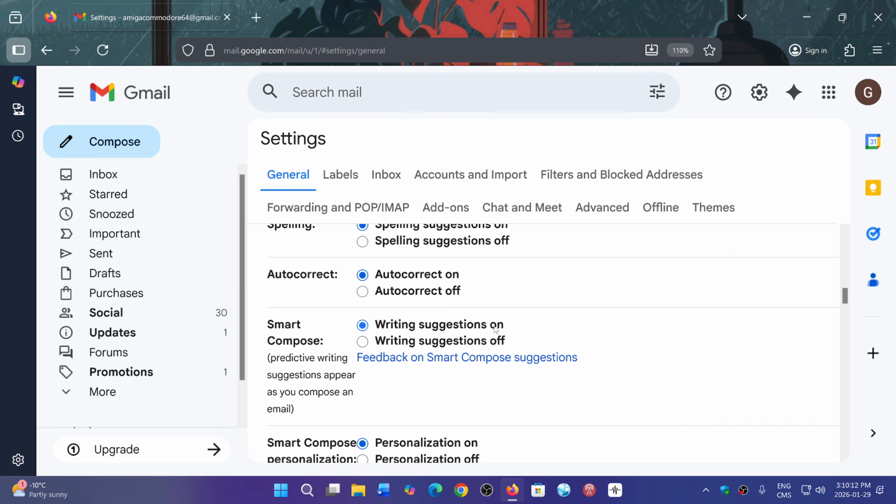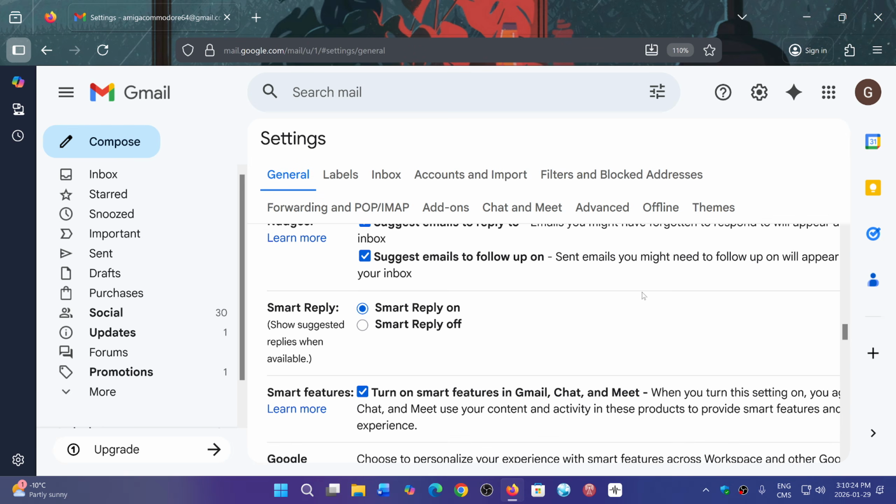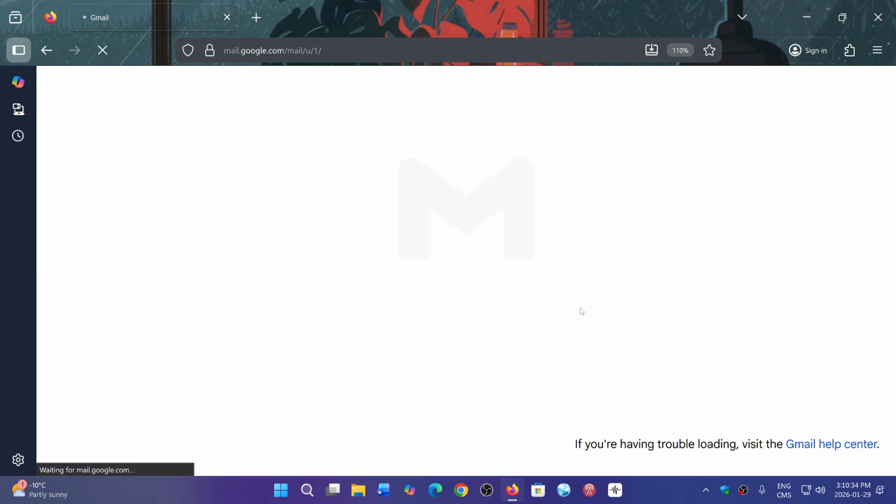Smart Compose suggested, on or off. Smart Compose Personalization, on or off. So that's another one. And of course, Smart Reply, on or off. And there's a general check mark, Smart Features. If you turn that off and reload,